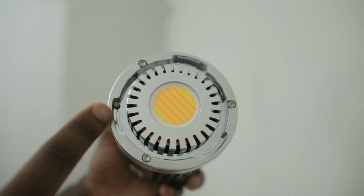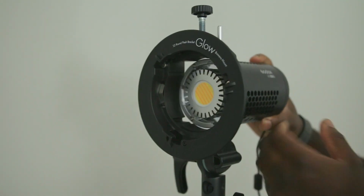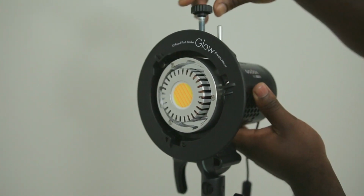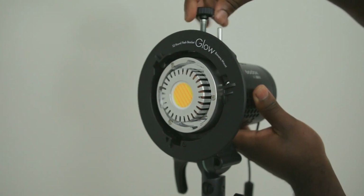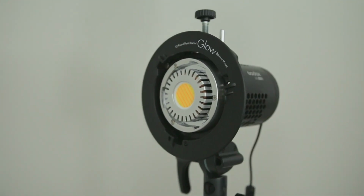Now the light itself is pre-installed with the Godox proprietary mount, though if you are trying to mount your Bowens mount adapters or Bowens mount modifiers onto this light, it will not be able to do so unless you buy an adapter. Now luckily I bought this adapter for like $25. It's a Glow Bowens mount adapter, and it allowed me to attach any of my Bowens mount modifiers onto this light,